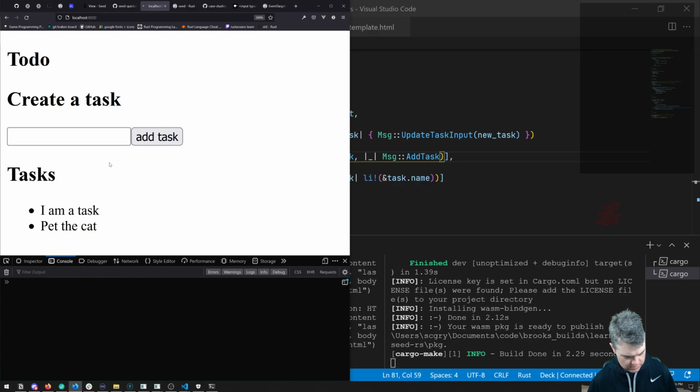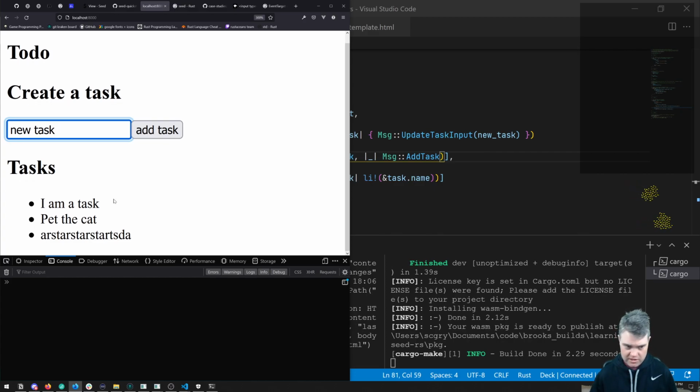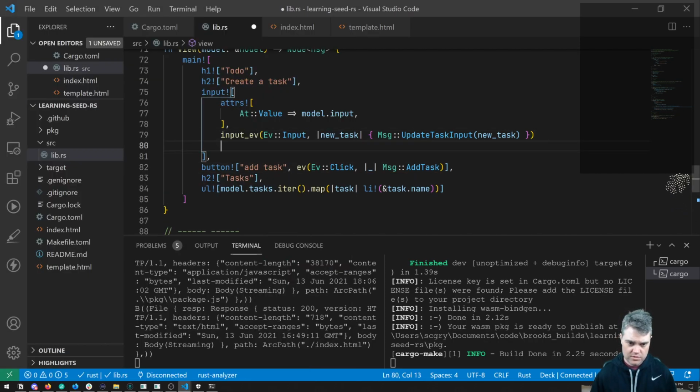And so now what I can do is type in here, hit add task, that adds it, and that resets this also. Or I can say like new task and hit, oh, I thought I could hit return. So I can't hit return with that. Can I do also